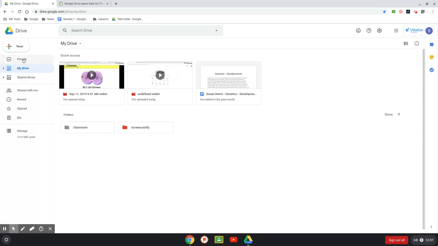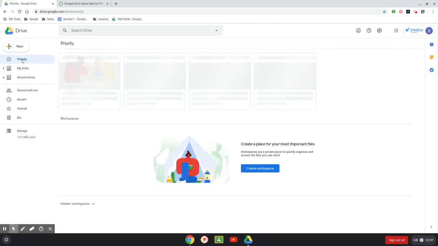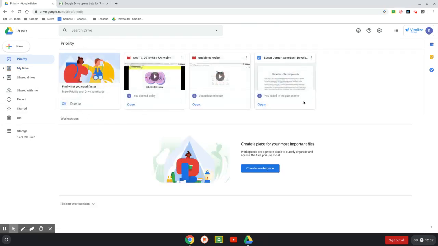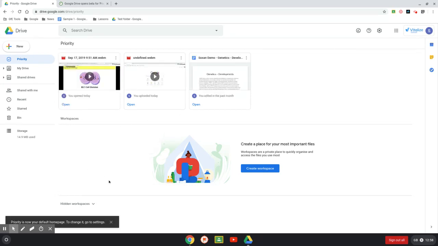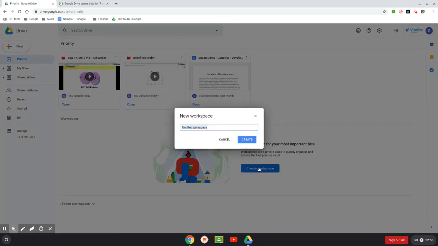On the left hand side we have this little top link which is called priority. And in the priority it'll bring key things to you that you're working on. Now, because I don't have much in this drive, it's brought these three that were on the quick access tab to me as well. But what it will also do is let me create a workspace. So workspaces are ways of organizing links to your documents. So if I create a workspace, and that could be test space,